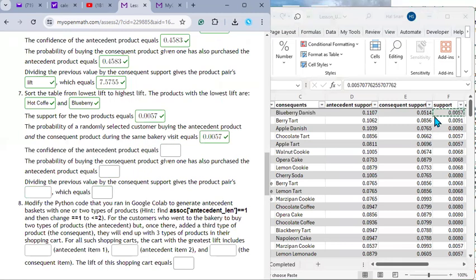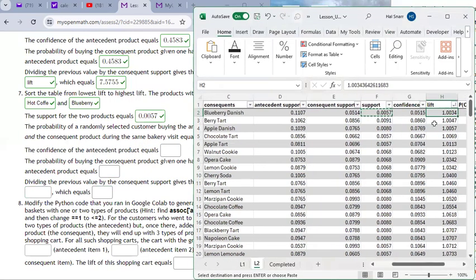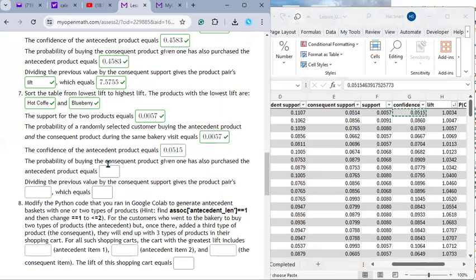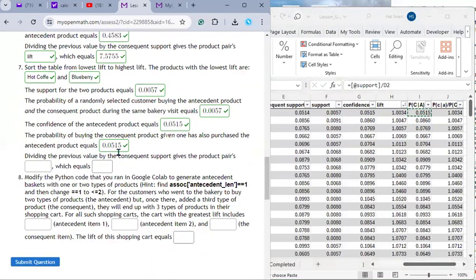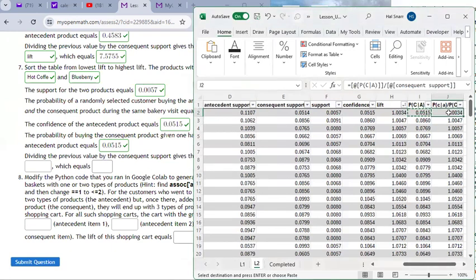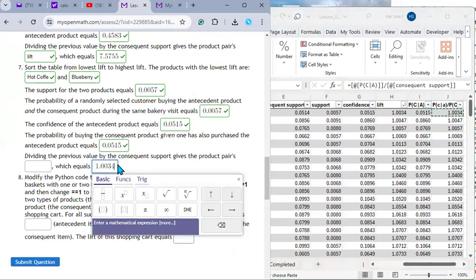The confidence of the antecedent is 0.0515. The probability of buying the consequent product given one has also purchased the antecedent, that's what we calculated out here in column I, the probability of the consequent given that we purchased the antecedent already. Those two things are the same thing. Dividing the previous value, this value, by the probability of the consequent is the lift, and it equals